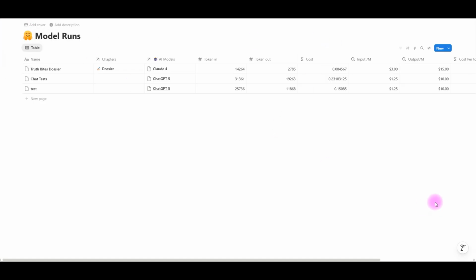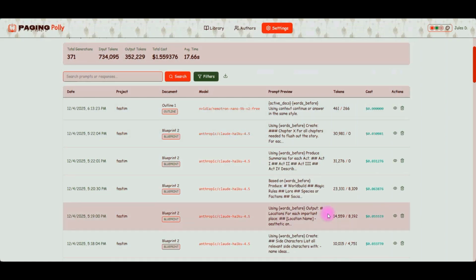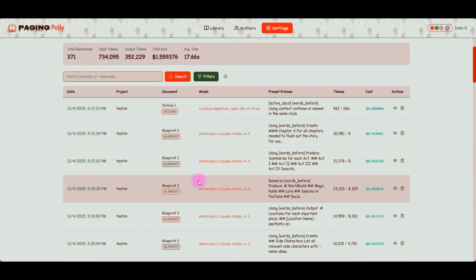And now let me go back to Paging Poly in this one. Okay. So that has been something that I've been wanting for a very long time for Poly, and we finally got there. Okay. And now we get into the biggest feature updates, I would say by far, which are the